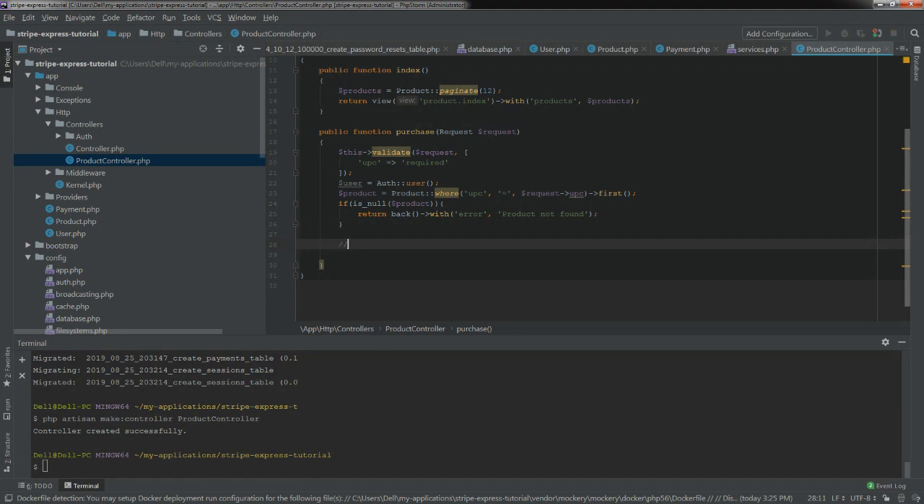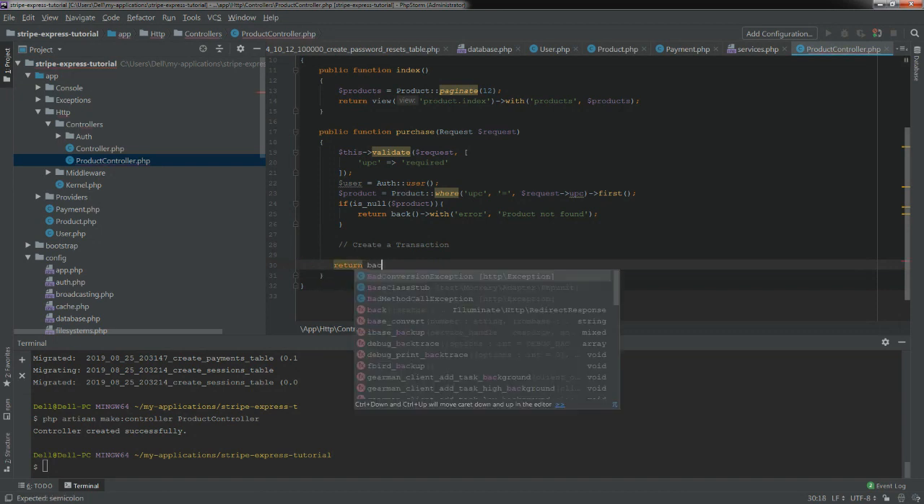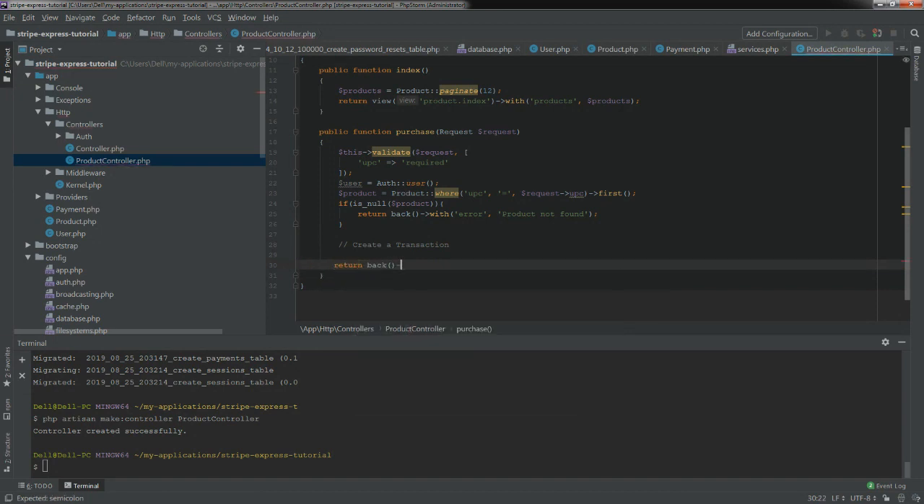we will create a transaction. We'll create this in our service method later on. So create a transaction. All right. And then after we create that transaction, we want to return back to the page with a success message saying that we purchased,